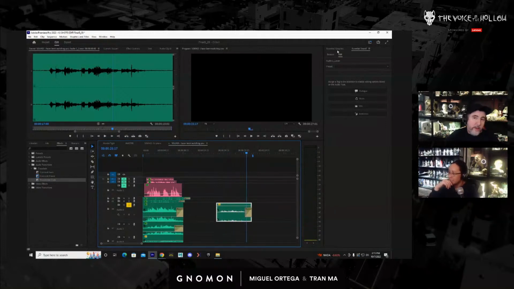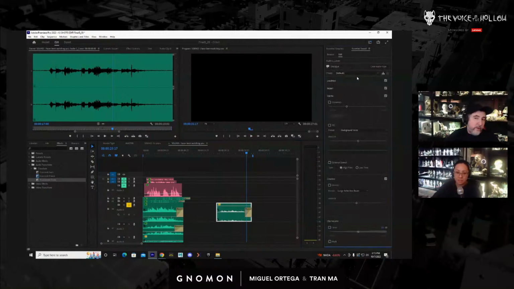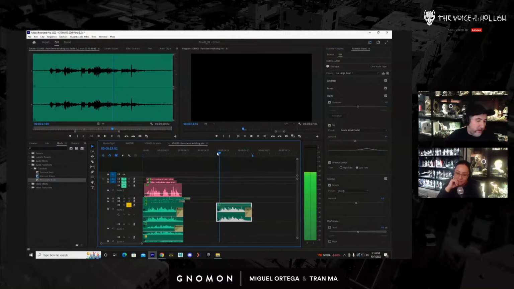Okay, that's cool. And then I could go into Premiere and go to Essential Sound, and go into dialogue, and I could set this to, for example, a large room. Set this as a male boost. And then under reverb, which is basically echo, I could set this to like church. And let's just see what this gives us.